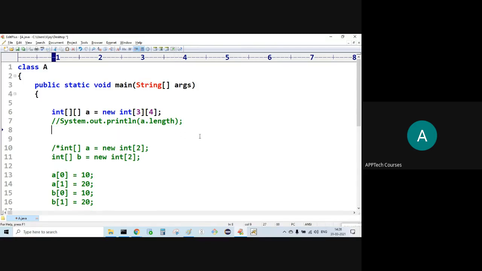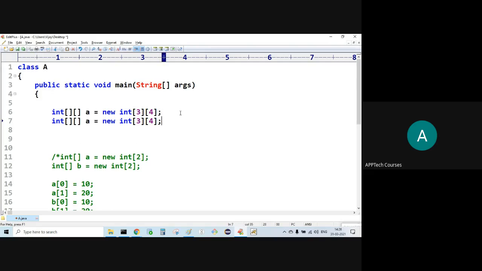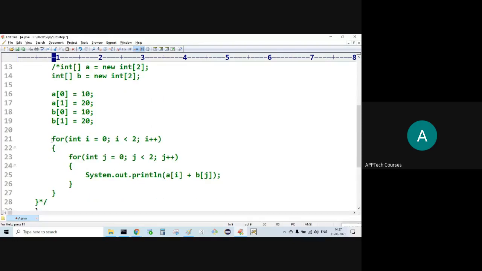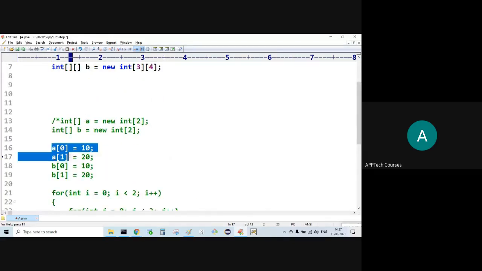Now, for the for loop, first we need to initialize or not?